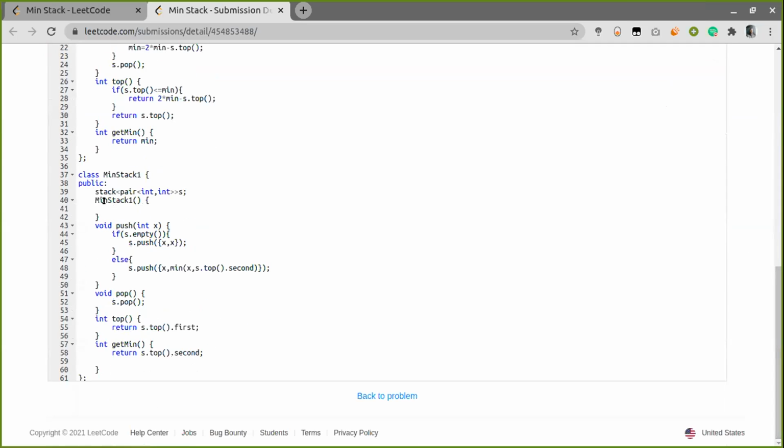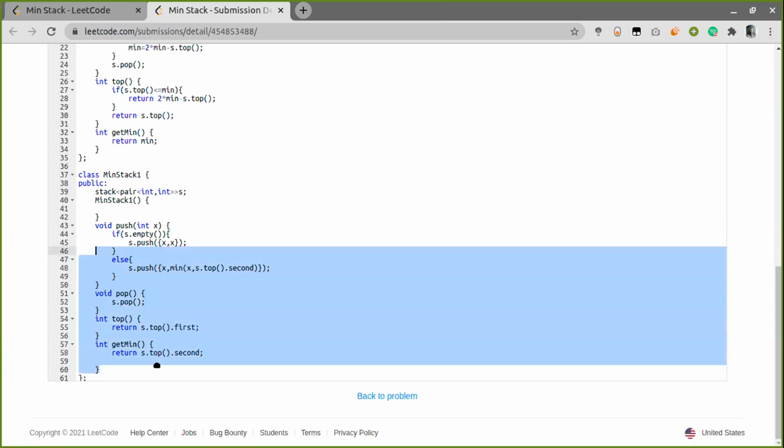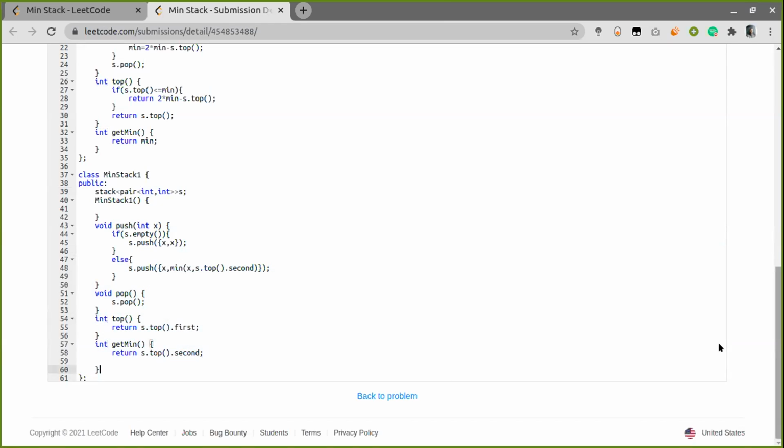So this one was the approach where I was using a pair of int in the stack itself, and this first value will be the current value, and this will be the minimum value up to which I am at now. Right. So this one is again simple, the simple one, but it will be a tuple, right? Pair in the sense. So either you use that or two stacks.